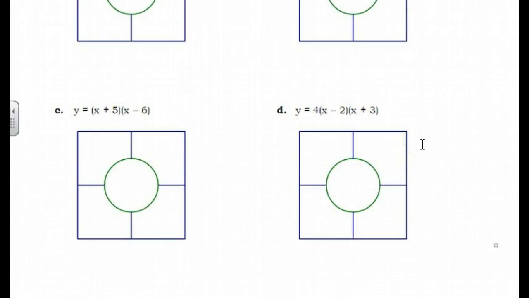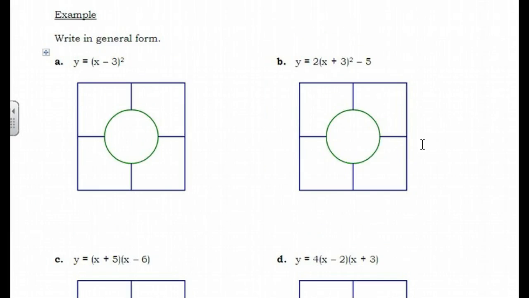Our examples. The first is to write an equation in general form. It gives us y equals (x minus 3) squared. Now, if you've learned this before, most schools do something called FOIL, and I'm going to show you a different method. So if you know FOIL and like FOIL, you can go ahead and do FOIL. I have what I call the box. So we have x minus 3, that's a binomial, and it's to the power of 2, which means that there